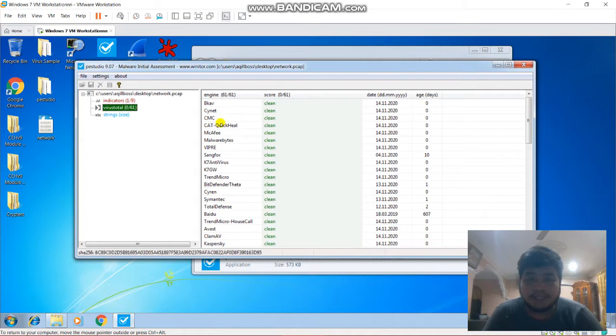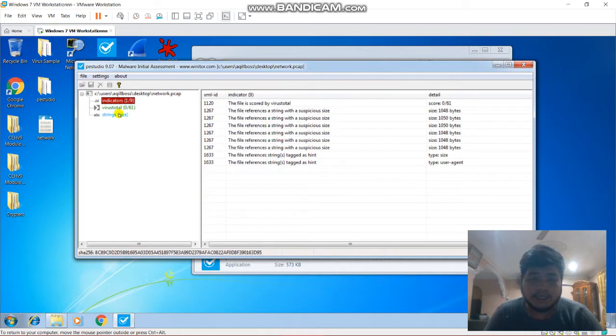Here is the list of antivirus engines that scan the target file, and this shows that no antivirus alerts on this file. The next one is the indicators. Let's click the indicators.